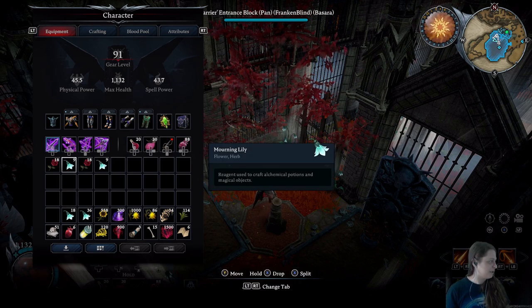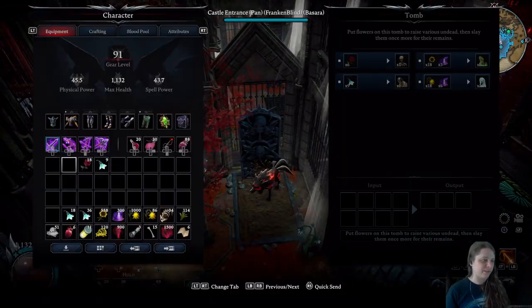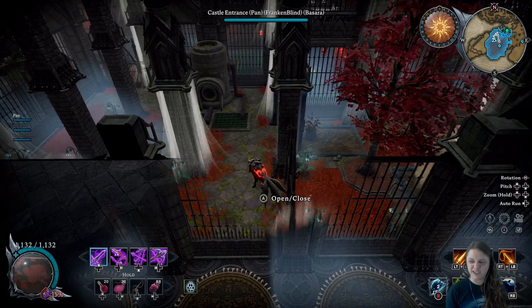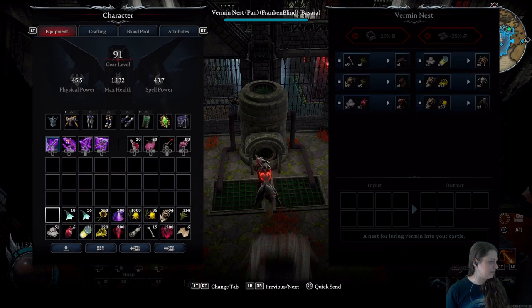So the plan wants 18 rose and 9 Mourning Lily per tomb. This is the only time where we're tolerating the enemies fighting each other before the player ever gets there. So I think only the ghouls will survive, and you're going to find some bones on the ground. It's kind of funny. Okay. Vermin nest wants...